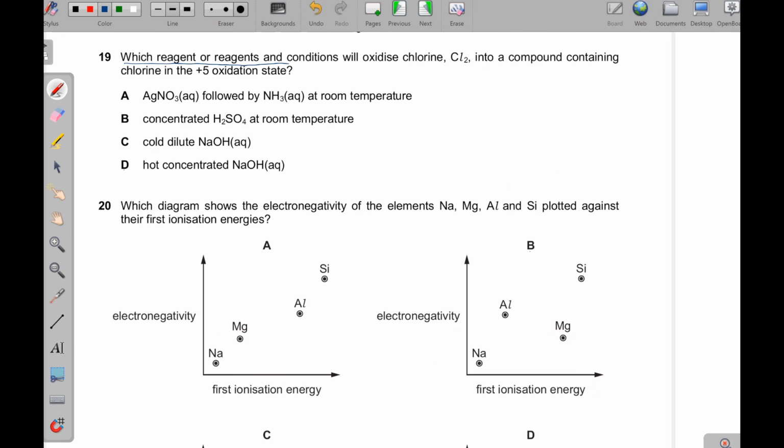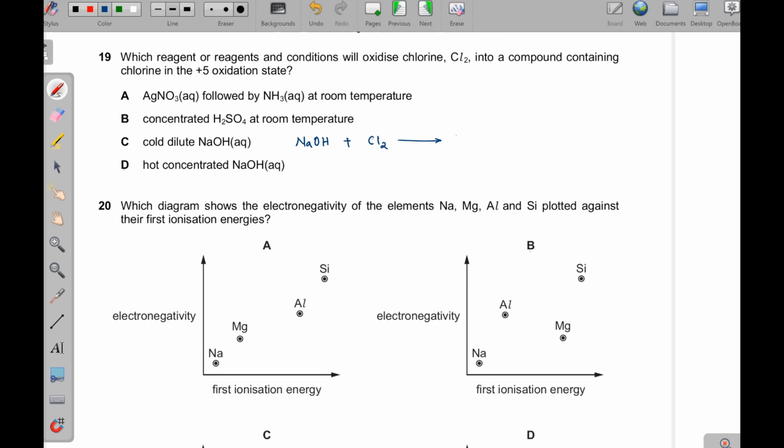Question 19. Which reagent or reagents and conditions will oxidize chlorine into a compound containing chlorine in the +5 oxidation state? Then we look at whatever is given here, and there is cold dilute and then hot concentrated. So these are the ones I'm going to concentrate on. We have sodium hydroxide reacting with chlorine. Under cold dilute sodium